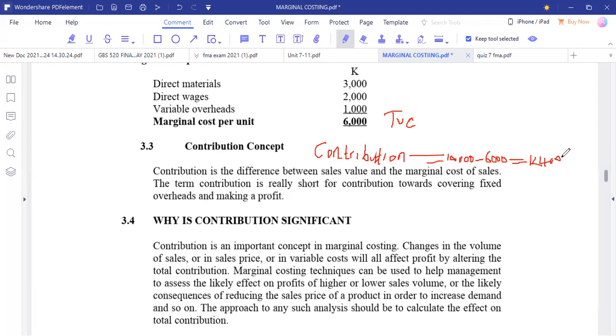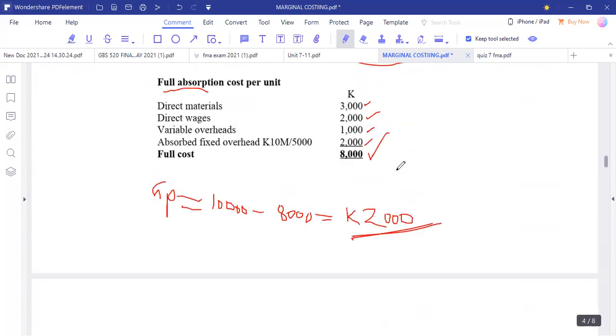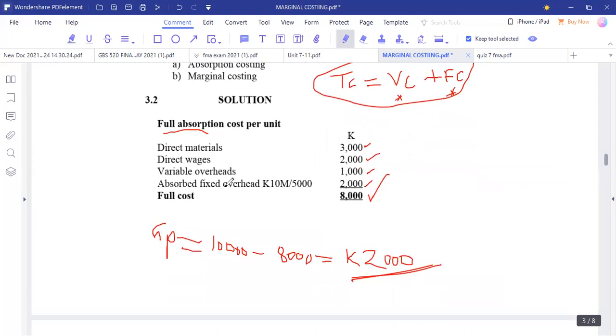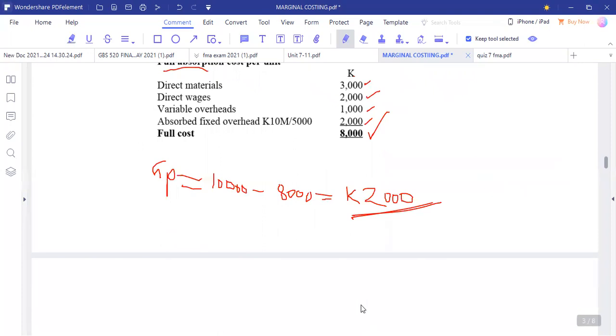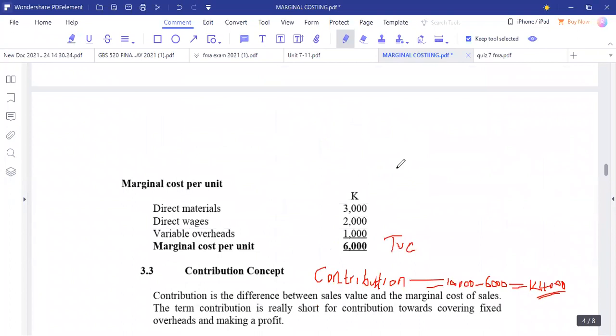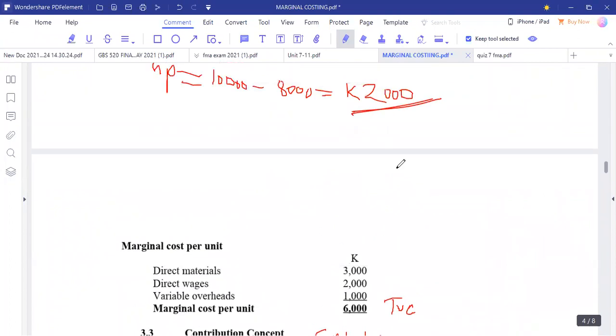So this is the difference between absorption and marginal costing so far. Okay, that's like I mentioned. So our contribution here will be 4,000, but our gross profit here is 2,000. Now, this for absorption costing, it is significant because you have accounted for every other cost. Okay, because for a contribution, it may be misleading. I mean, I'm not understanding why